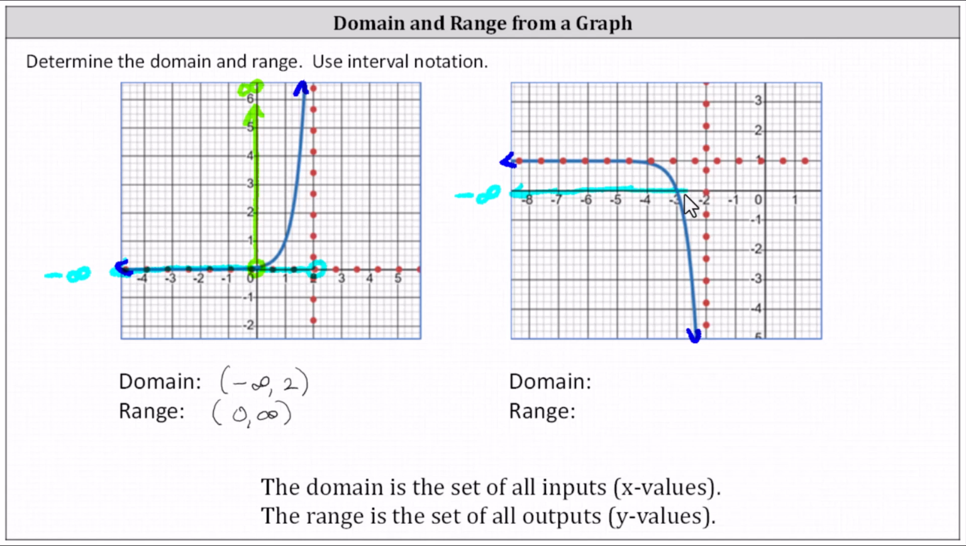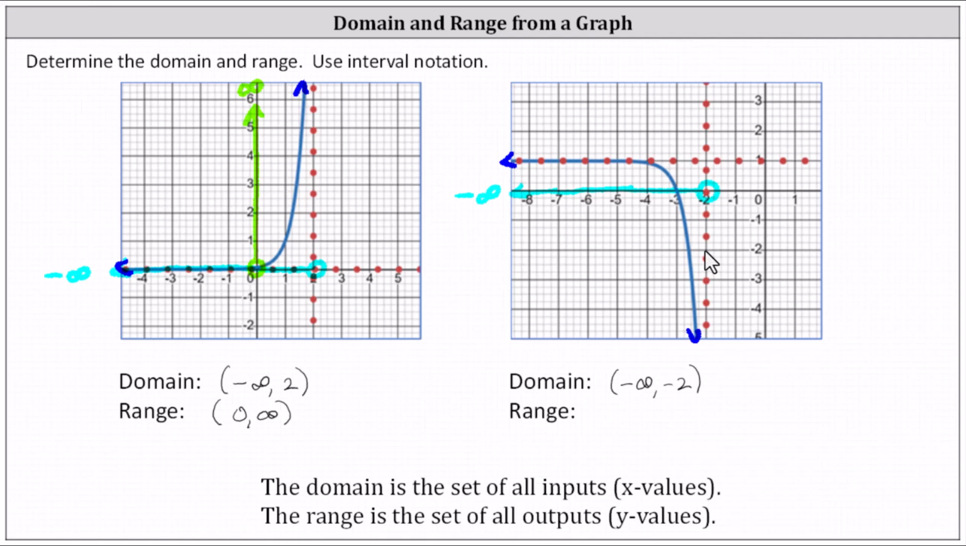The graph never touches the vertical asymptote, which indicates x equals negative 2 is not in the domain. We make an open point at x equals negative 2. The domain is the open interval from negative infinity to negative 2. And now analyzing the graph vertically,